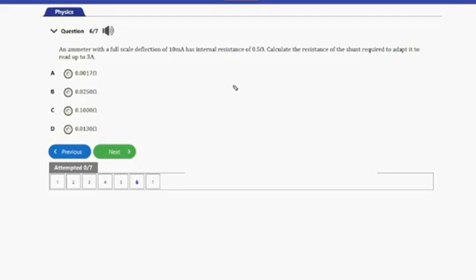So guys, one thing to take note of first of all is that in a shunt, the connection is in parallel. So if we have a parallel connection here, it means that the voltage is the same across the system. So in that case, the voltage in the shunt is equal to the voltage in the galvanometer. So V shunt, that's Vs, is equal to Vg, that's V for galvanometer. So in that case, since we know that V is equal to IR,